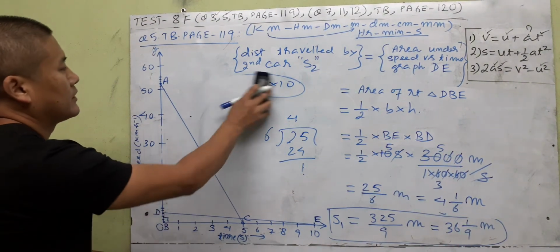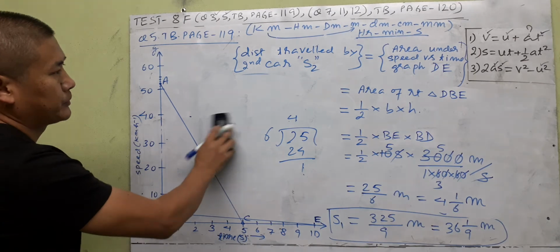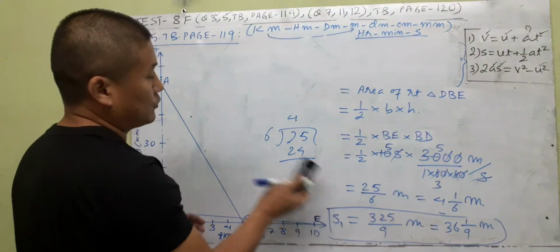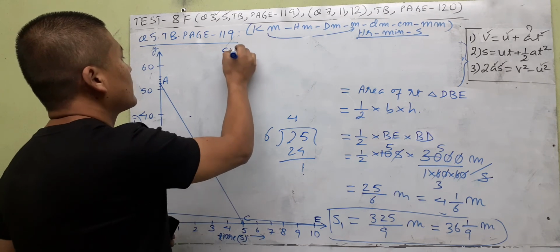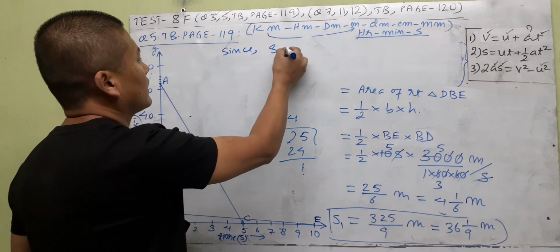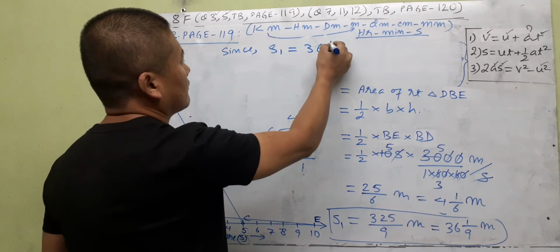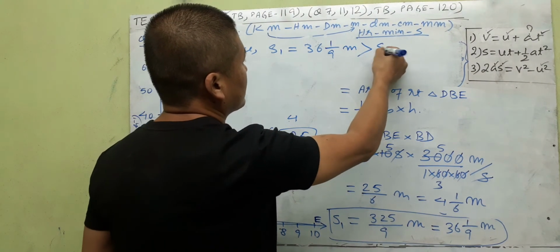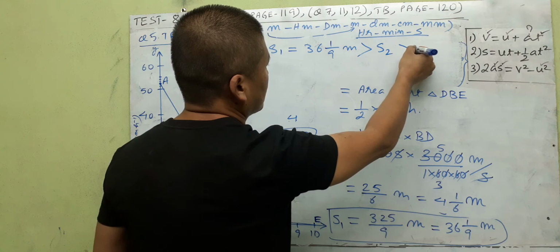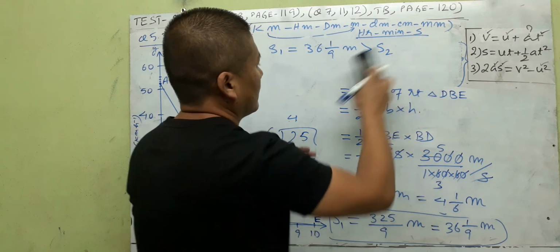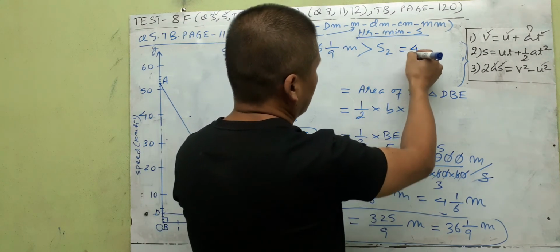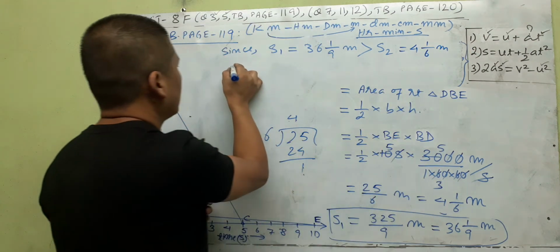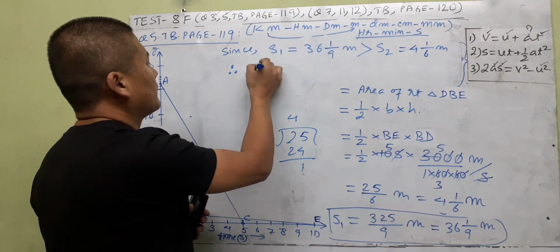So our final answer we can write now. This is S2. So clearly we see here S1, which is equal to 36 1 by 9 meter, is greater than S2, the distance traveled by second car, which is equal to 4 1 by 6 meter. Therefore, first car